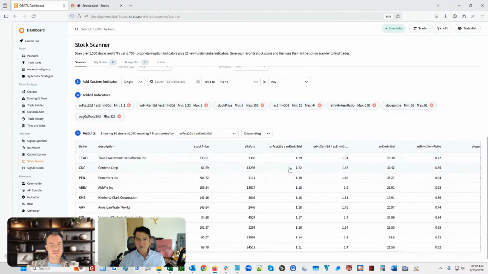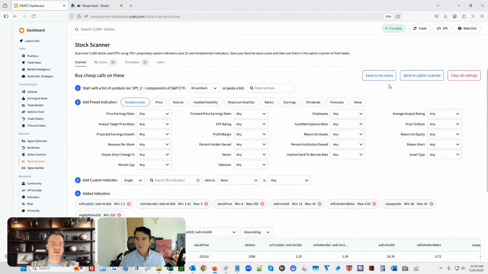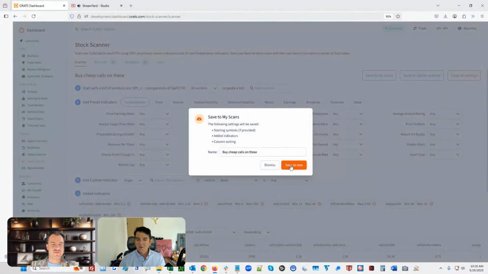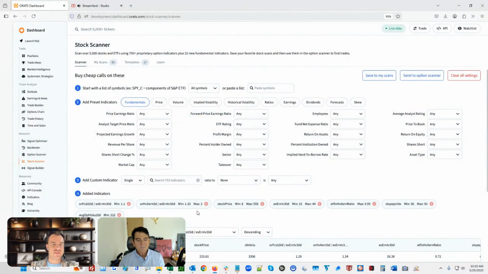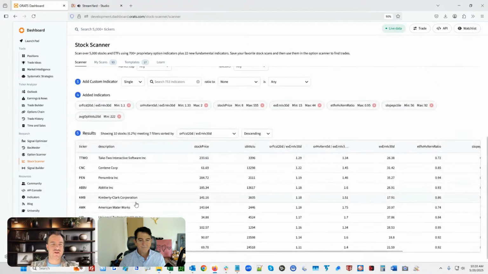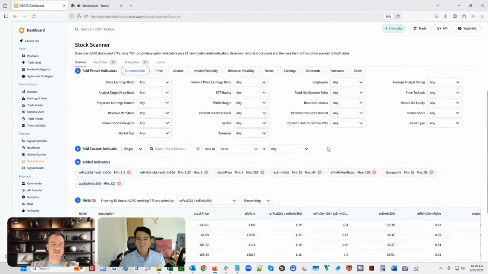This isn't the sorted one. What if there are more than 25? That's what the option scanner uses, Tyler. Yeah, exactly. Oftentimes in a stock scanner you'll have hundreds of symbols in there, and if you import this list into the option scanner, it can only take 25 at a time because it's looking at the entire options chain for each of those symbols. So if you sort the column in the stock scanner, when you import that scan into the option scanner, it'll use that sort. So it's oftentimes a very good tool to use for that.